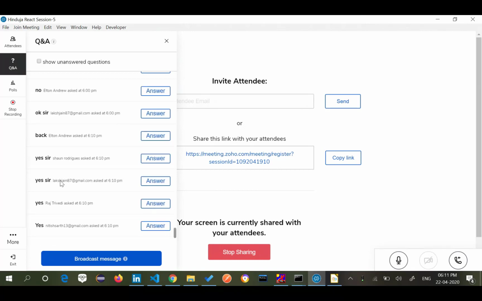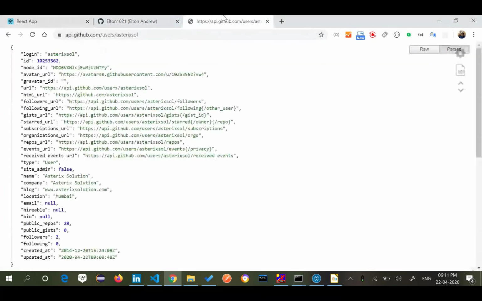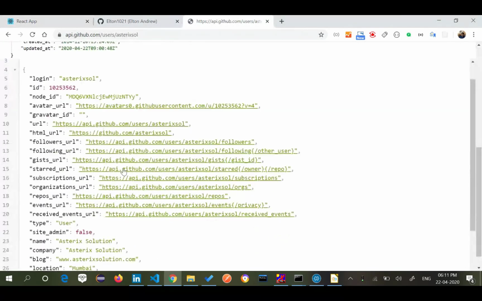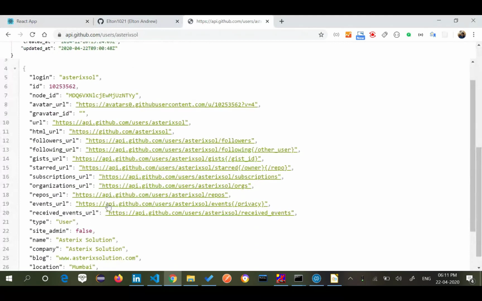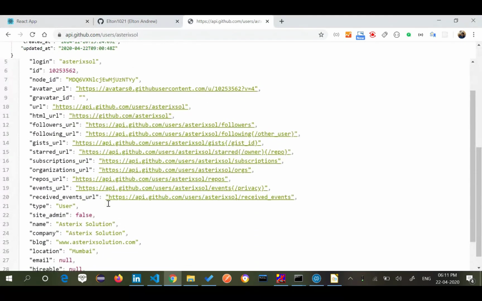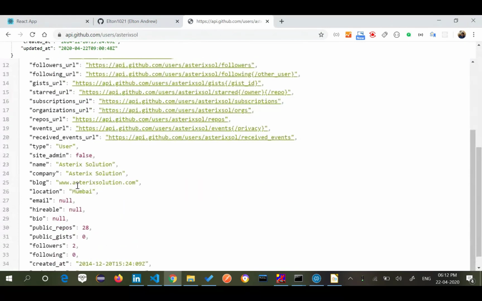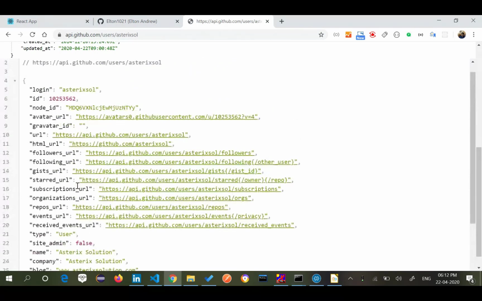So now, how will I find this repository? If you see in the URL, there is a URL for the gists as well. Where will I find my repositories? Can you see the repos URL?